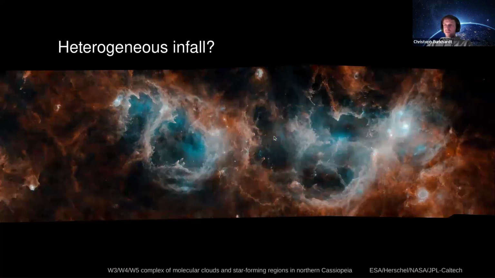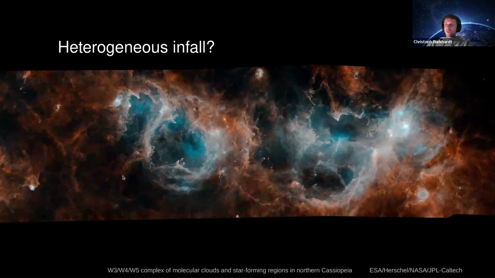Well, if we look at star-forming regions, this is a picture of a molecular cloud and star-forming regions in northern Cassiopeia. This is with Herschel, so what you see here is dust, basically. And then you see all these little dots where new stars are formed. It's a lot of filamentary structure. There's a lot of action happening. And we also have regions with more or less no dust. This is a supernova bubble where it's expanding outwards and putting newly synthesized elements again into the molecular cloud.